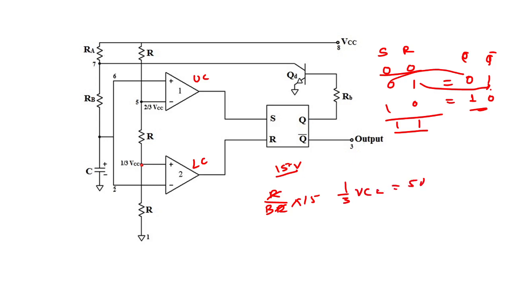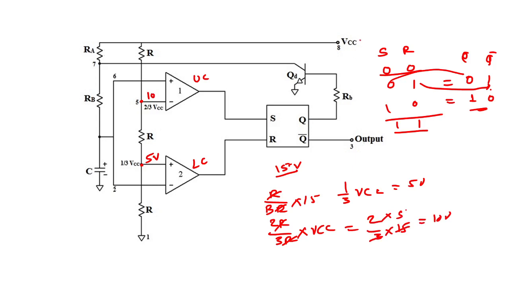If it is 5 volt over here, then at this point what is the voltage? That is 2/3. How are we getting 2/3? Suppose the values are the same. This R and this R are in series, so 2R divided by 3R, R gets cancelled, into VCC. So we are getting 2/3 VCC. If 15 volt is there, then 2/3 into 15 is 10 volt. So here it is permanently 10 volt.